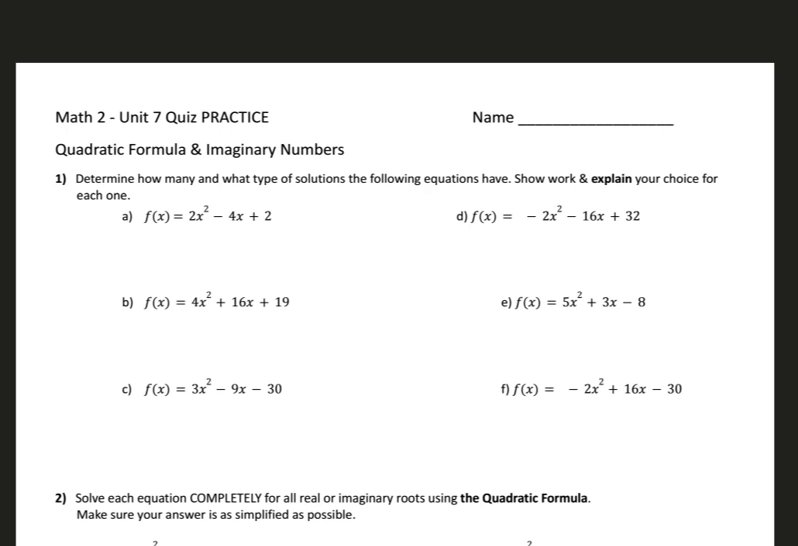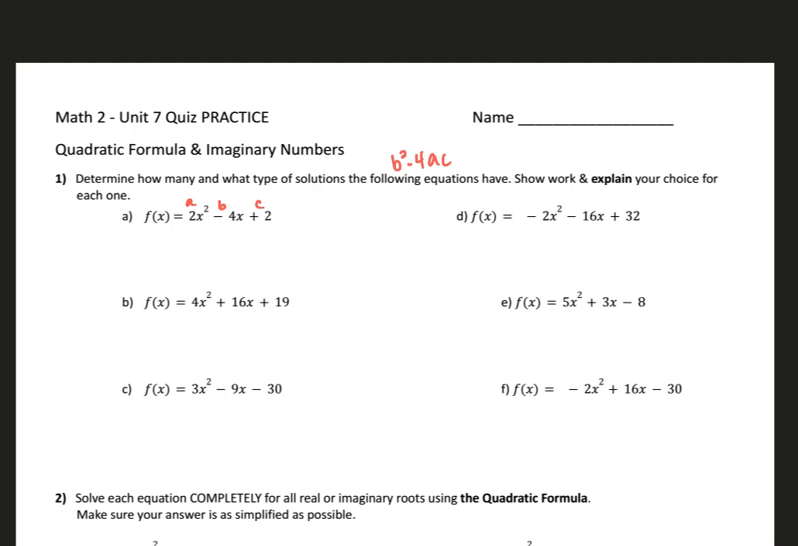All right, so starting with the first set of problems, it's asking us to determine how many and what types of solutions the following equations have. Show work and explain your choice for each one. So in this case, we're going to be using the discriminant, which is b squared minus 4ac. And based off of the value of the discriminant, we're going to determine how many and what types of solutions for each one. So first we need to identify a, b, and c, and then we're going to plug it